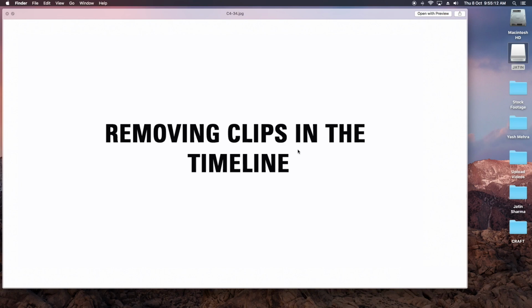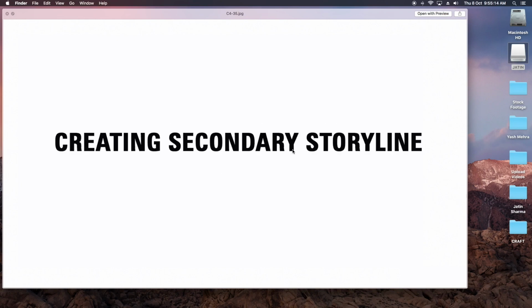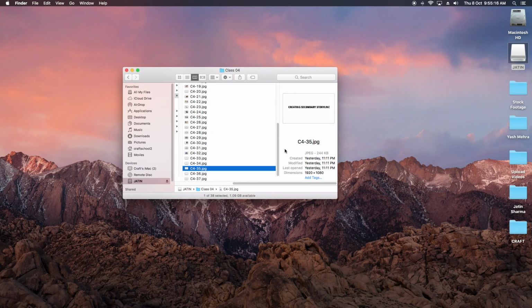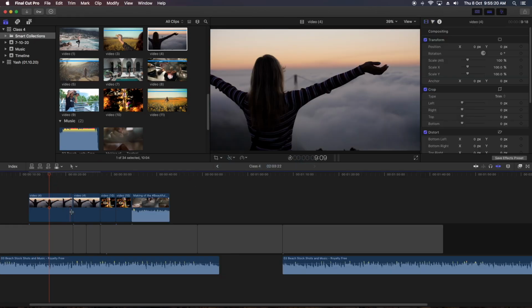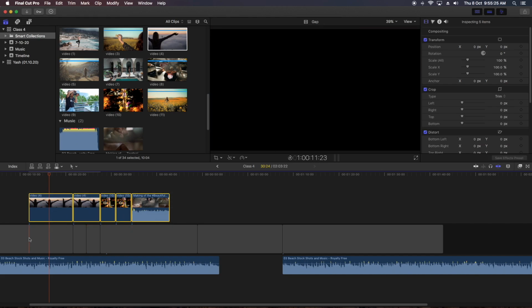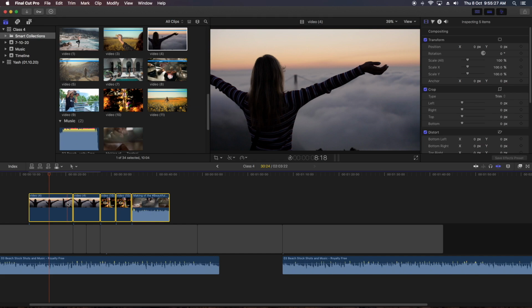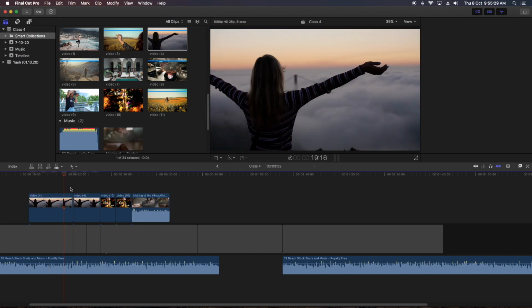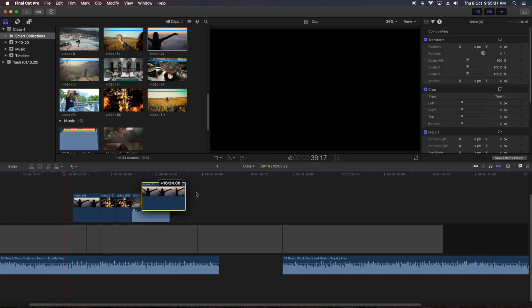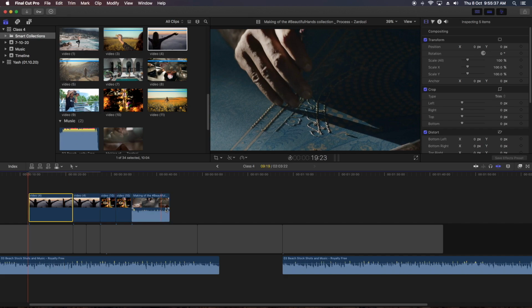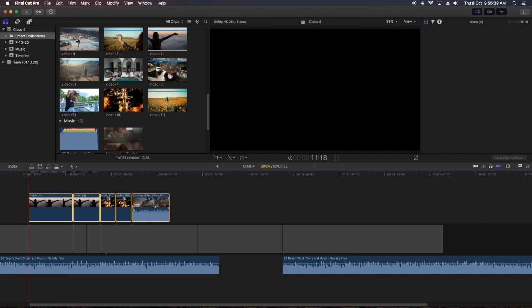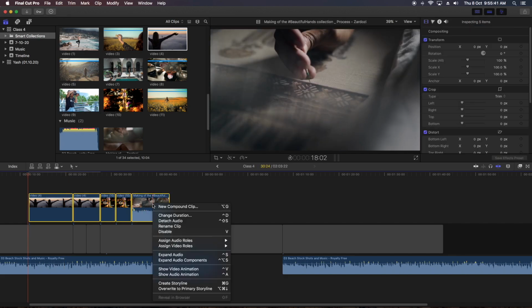Removing clips in the timeline, creating a secondary timeline. You know what a secondary timeline is now? The part which is connected to the storyline is our secondary timeline. If I have to move this clip, I have to select everything and then move. Or what I can do is select it, right click it,